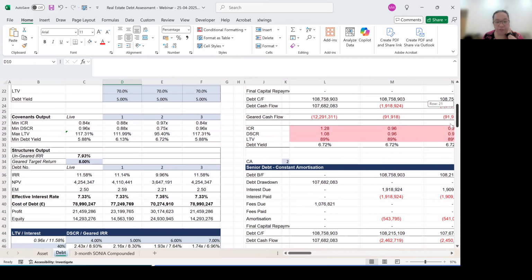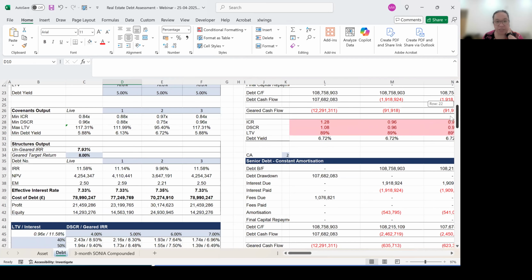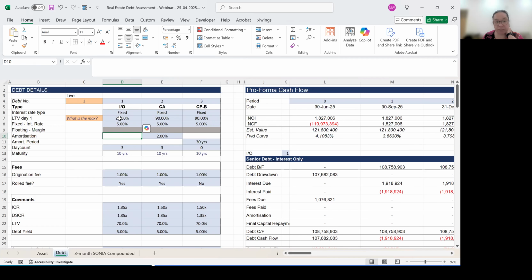And then the other thing that is important for you to understand is how much you want to borrow, right? Because it's very important for you to know how much you want to borrow and how much you can borrow. So if you think here about a loan to value of 90%, right? And then this is great.